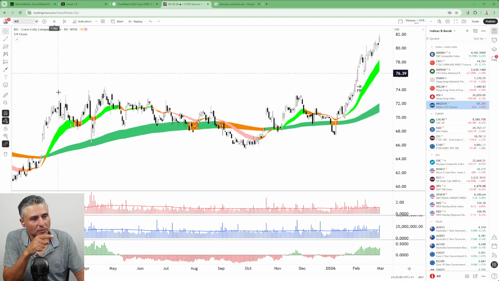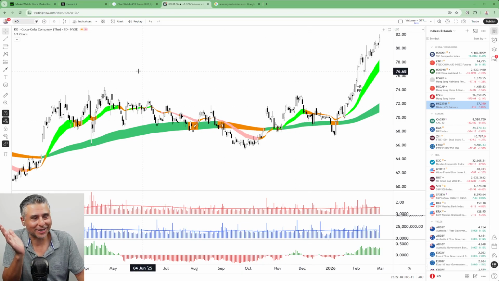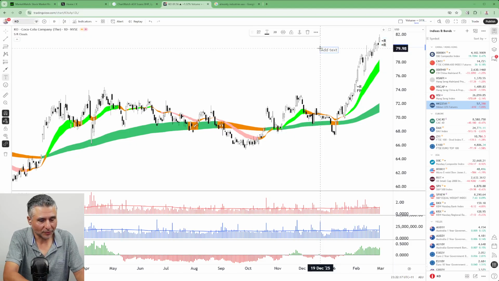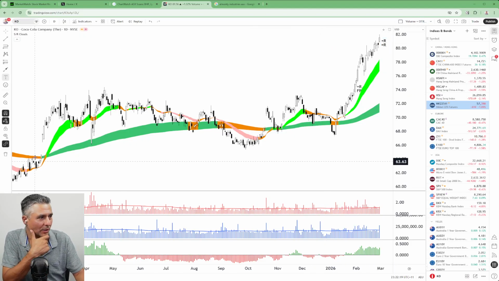Now, it's still a big base pattern. You can see how defensives can trade sideways for no reason, and then a war breaks out and they go up. So happy with that one. Plus R equals R. Coca-Cola and McDonald's, hey, what a great couple to get in a session.